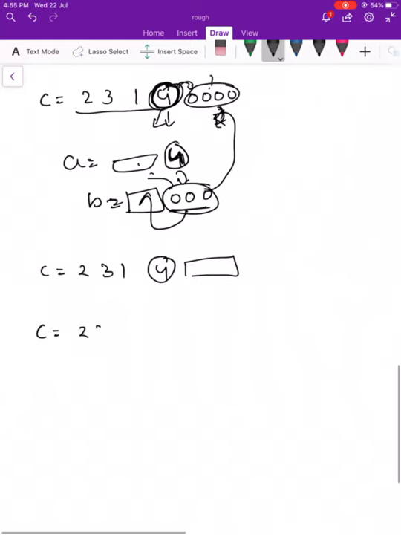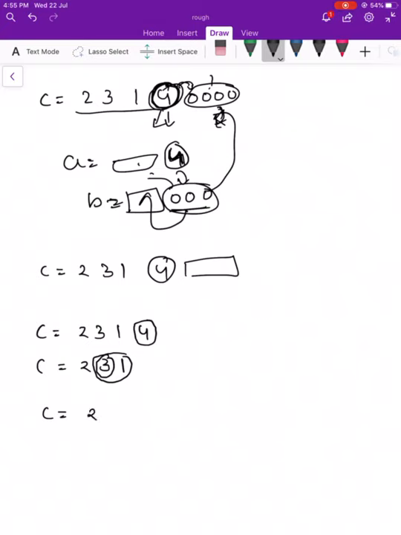So now, in C equal to 2, 3, 1, 4, after 4 there is nothing, so only 4 is one part. We are left with the array 2, 3, 1. What's the maximum number now? 3. Whatever comes after 3, that is 3, 1, should be in the same array.